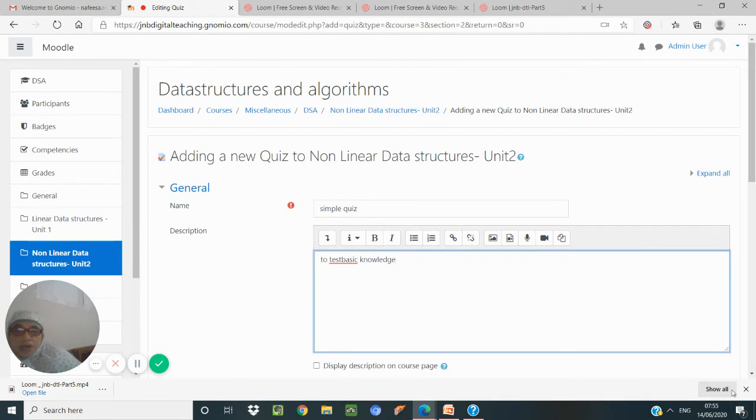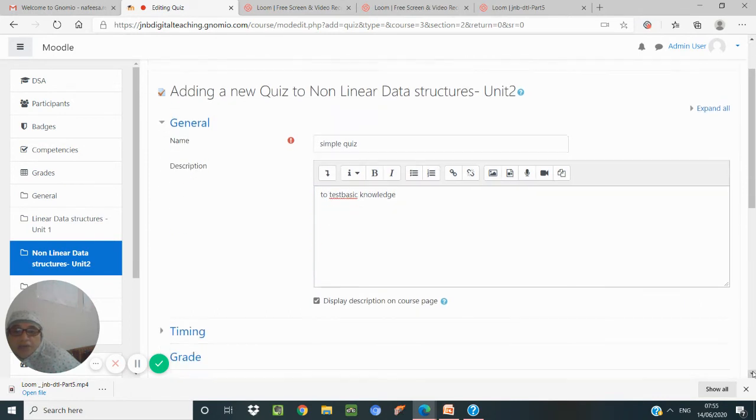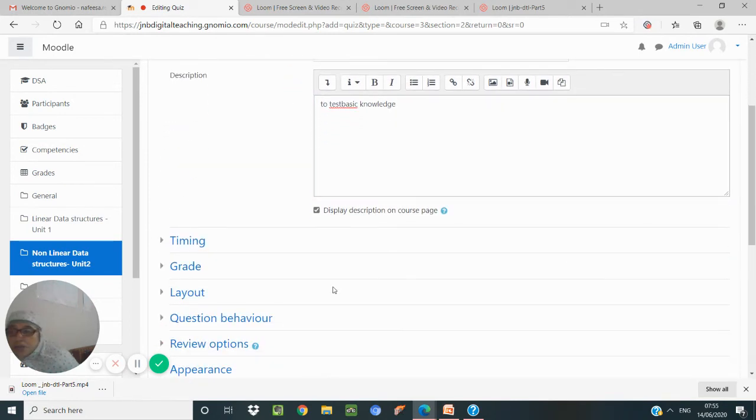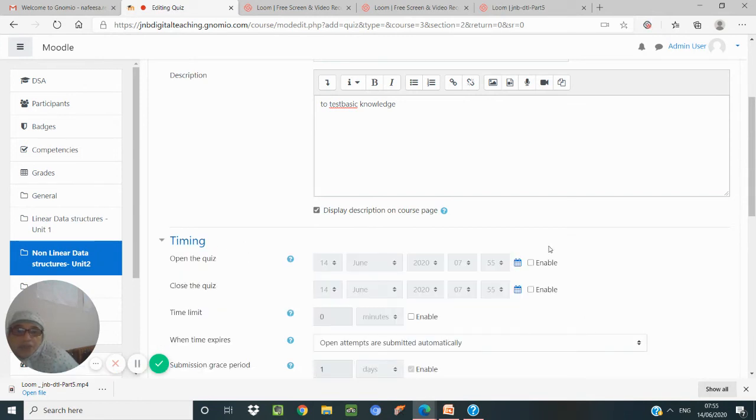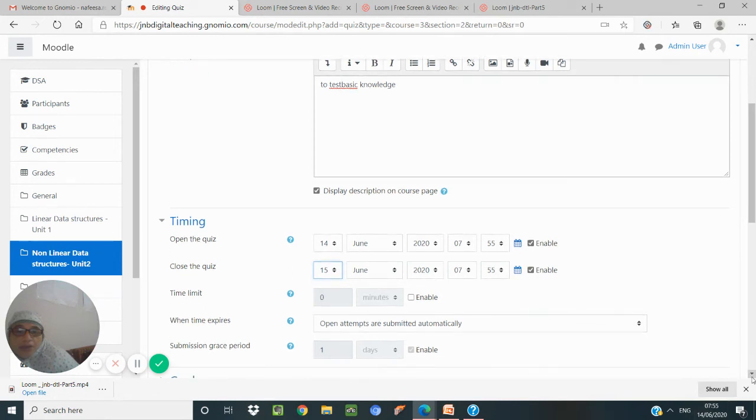Whether we have to display on the course page like this, we have to give. Okay, and what is the timing when we want them to be submitted, when the quiz will be open and when it will be closed. We can give that. One day we can give, for example, and a time limit for taking up the quiz, how much time we are giving, 10 minutes like that.